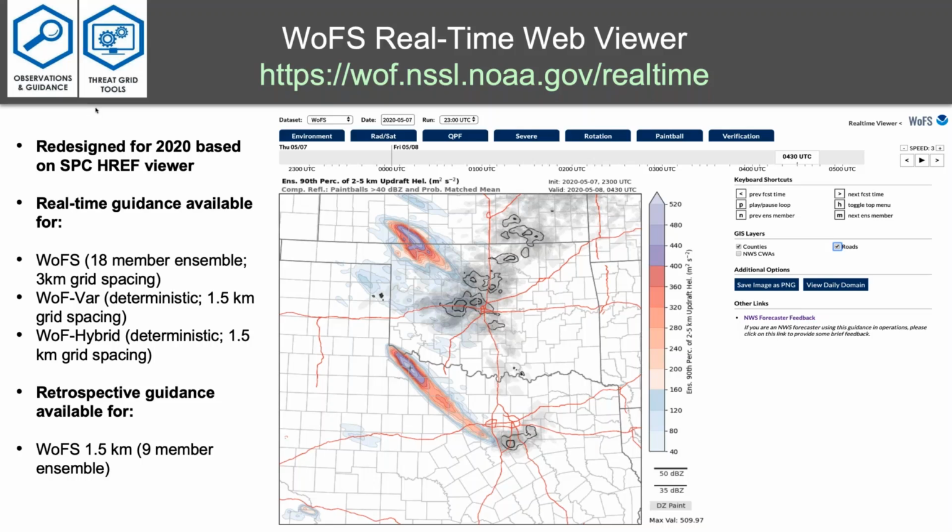Those should populate and show you the available days and the available times. It's an experimental system, so we don't run every day. We typically don't run weekends. We're tied to the spring forecasting experiment in May, and then we're collaborating with WPC over the summer, and so